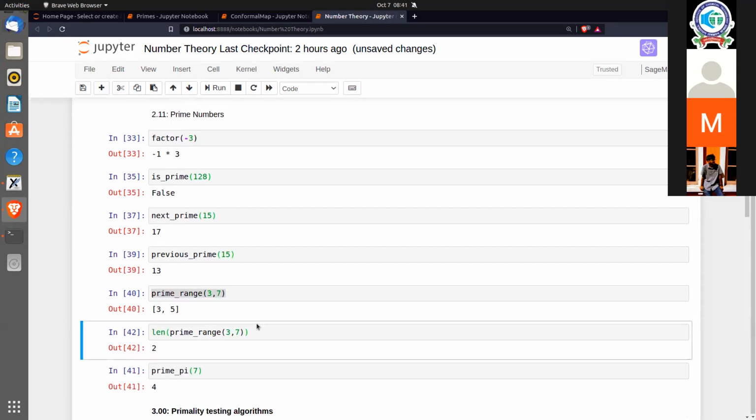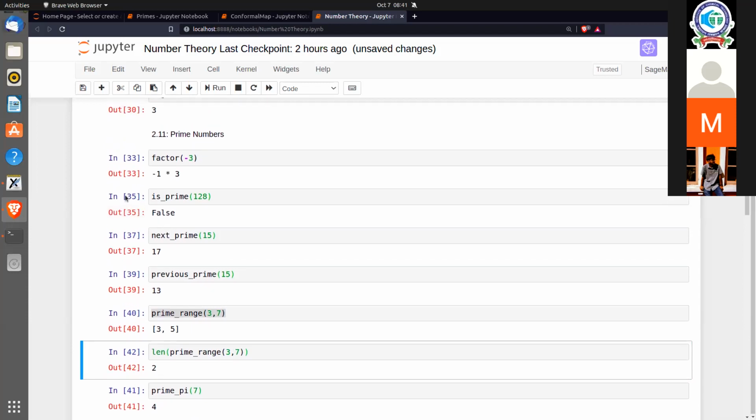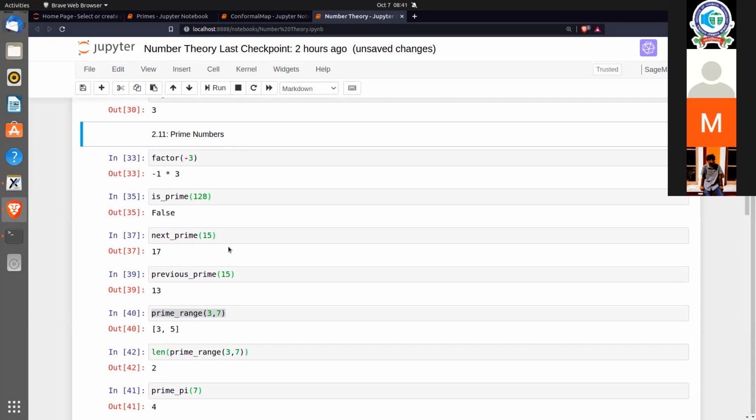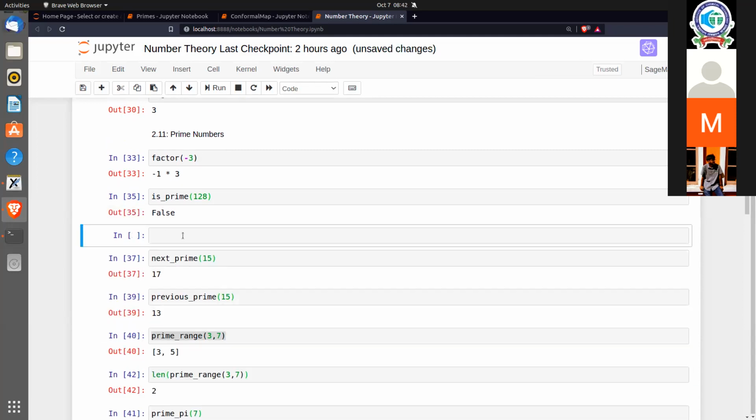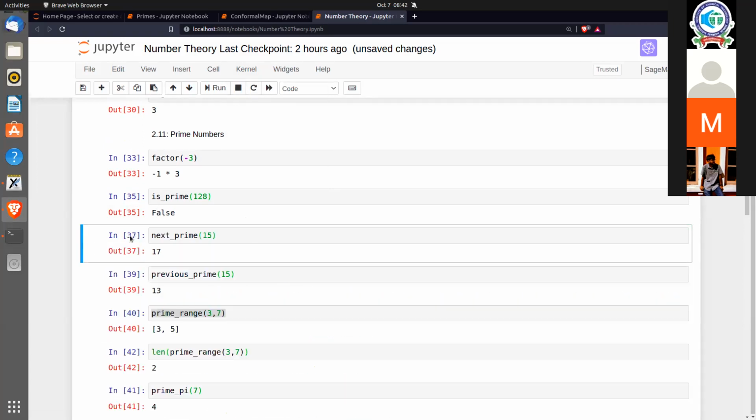Okay, so now let's go back to this question that we were talking about. How does Sage exactly verify whether my input is prime or not? One thing you can do is add 2 question marks here and then run this prime, and it will give you the entire documentation. But we won't be doing that because the algorithms that they've mentioned are a hybrid of many algorithms. Some of them are probabilistic tests, which we won't be getting into in this discussion.